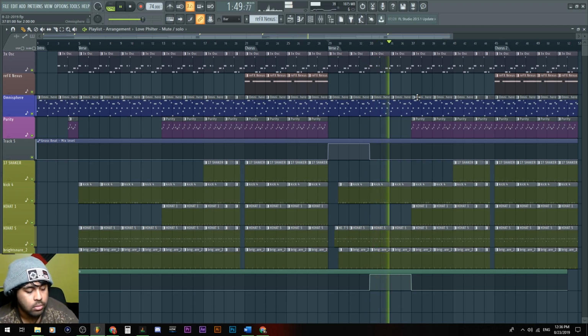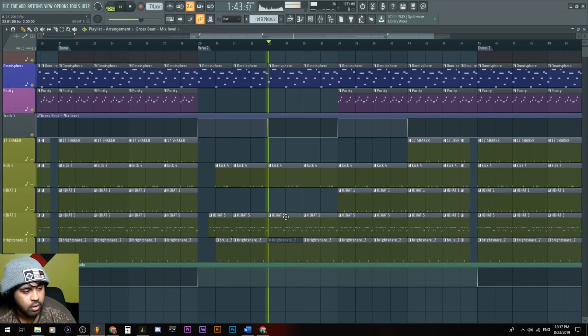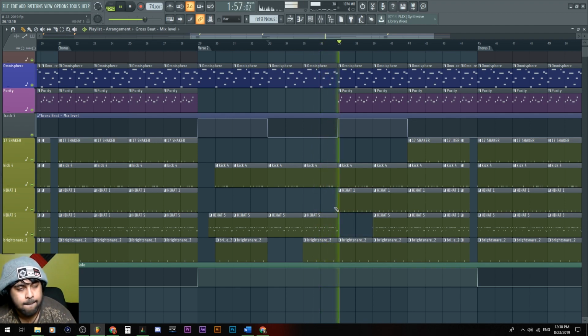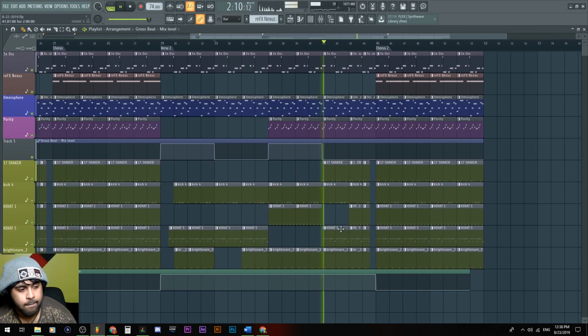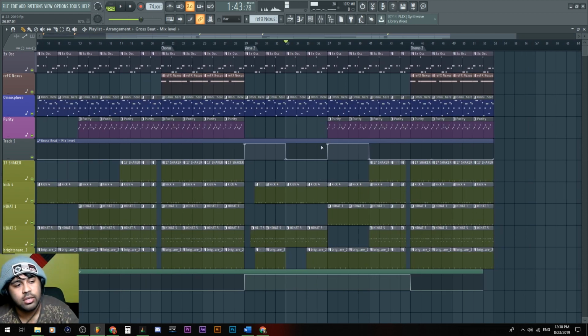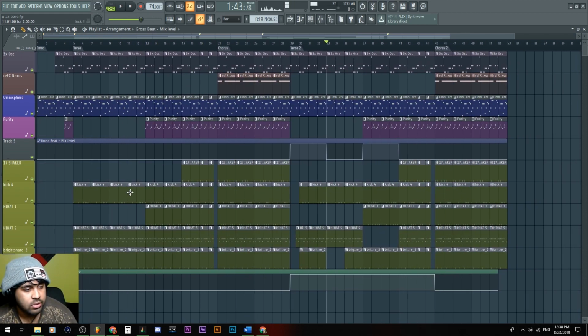Got the snare. You can see how that's basically changing up the way the song sounds from the first verse and the second verse.